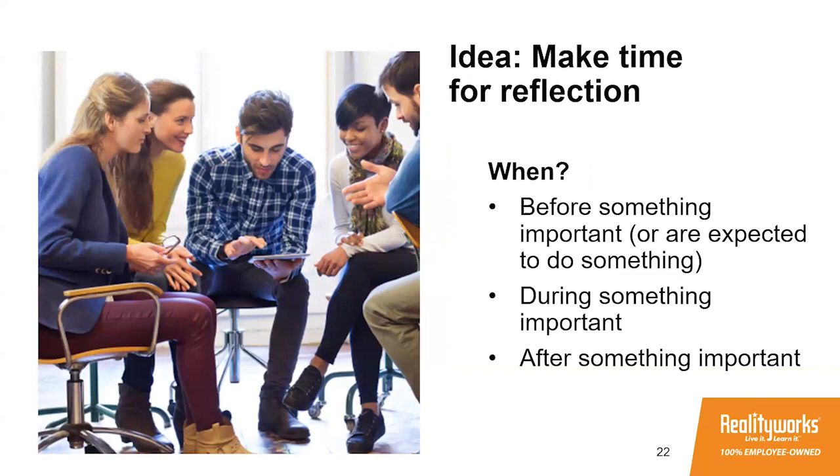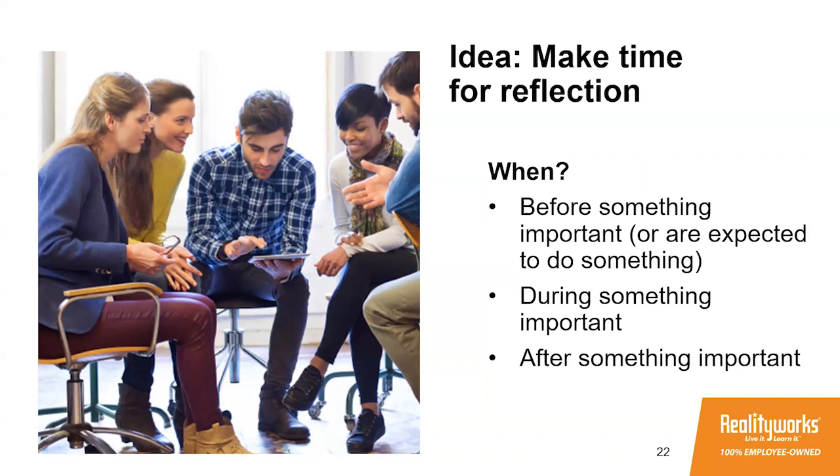Our next tip is to make time for reflection. We referenced this a few times in today's presentation, but it's so important, it's worth being a tip all on its own. Reflection engages critical faculties. It allows information to become meaningful knowledge, and it helps build an in-demand soft skill, critical thinking. You can encourage reflection in a variety of moments in your classroom. The fun thing about reflection is that it's something people have to learn and practice. So the more you do it, the stronger your students' critical thinking skills will be.